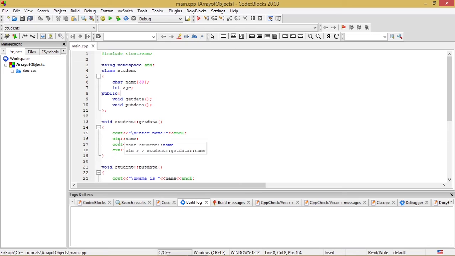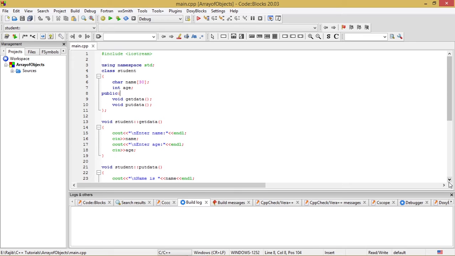So we give the name from the keyboard by means of cin extraction operator name. After that I have written cout enter age. Similarly, I input the age by means of cin extraction operator age.